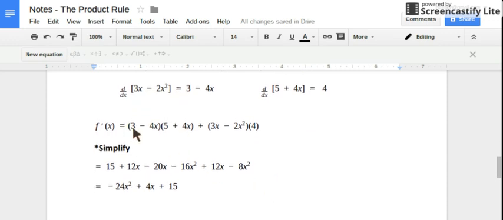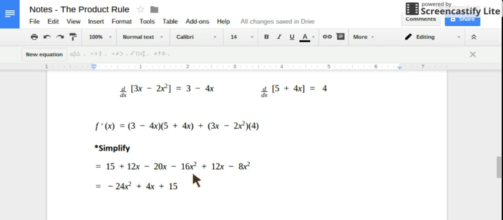Let's FOIL this out. 3 times 5 is 15. 3 times 4x is 12x. Negative 4x times 5 is negative 20x. Negative 4x times 4x is negative 16x squared. Just distribute that 4 through this last binomial here. 4 times 3x is 12x. And 4 times negative 2x squared is negative 8x squared. Combine any like terms that you find